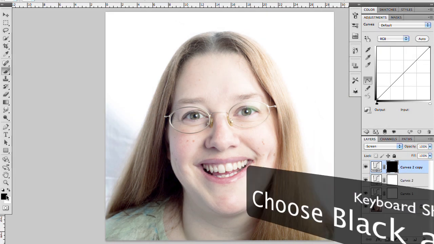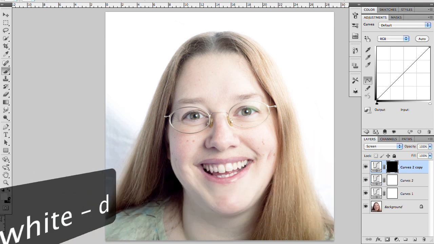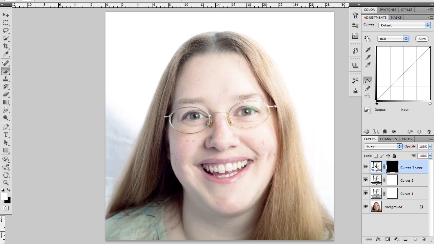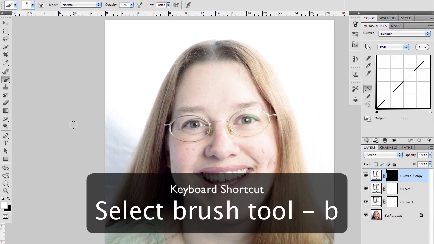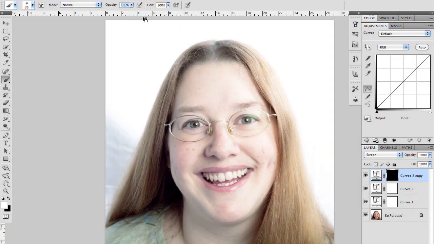Remember, you can always get back to black and white by pressing the D key on your keyboard, and you can switch those colours back and forth by pressing the X key on your keyboard. I'm going to just use that layer mask there on the second screen layer, and I'm going to grab a paintbrush by pressing B, and I'm going to set my opacity to 100% for this edit, because I want to completely knock out that background, and I'm going to paint white on the layer mask for this screen layer,